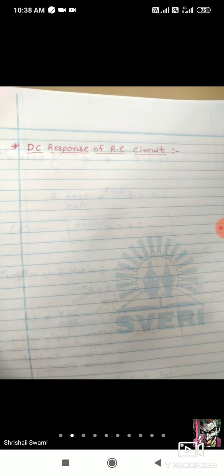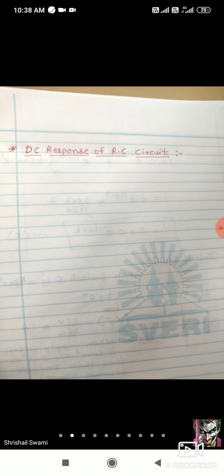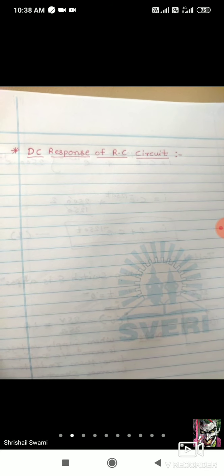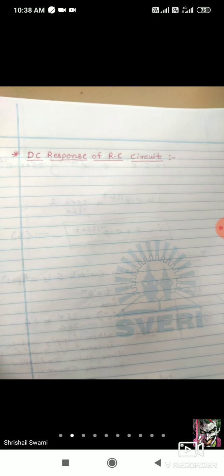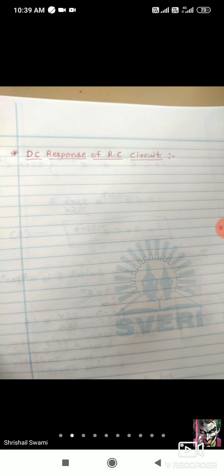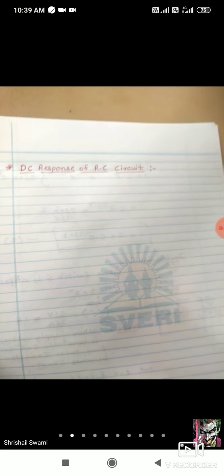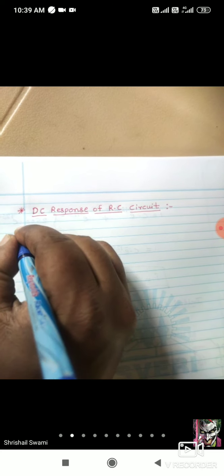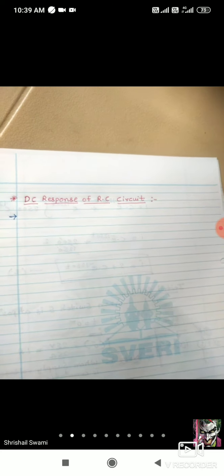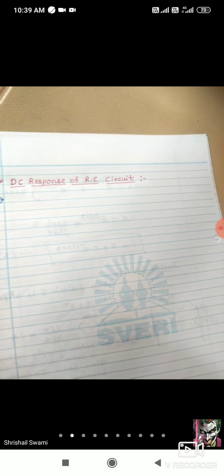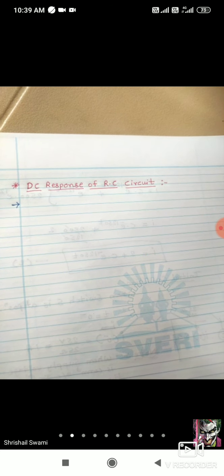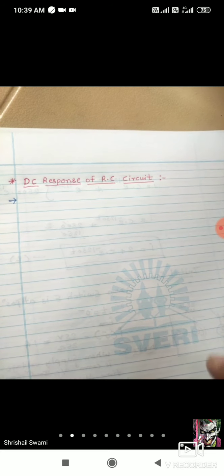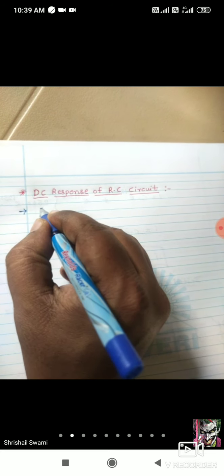So today we are going to start the second part, the DC response of the RC circuit, where the inductor is now replaced by a capacitor. Resistor and capacitor are connected in series, and for this series combination, a DC voltage supply is connected through a switch. Only the replacement is capacitor instead of inductor. What response will we study, and what equations will we get related to transient response and steady state response? We can understand that with the help of this derivation. So we are going to start.